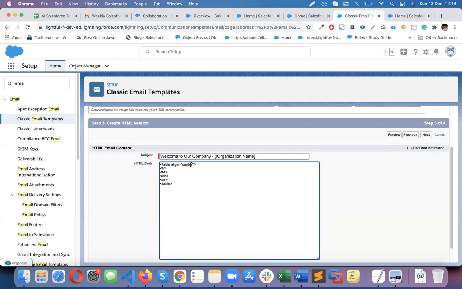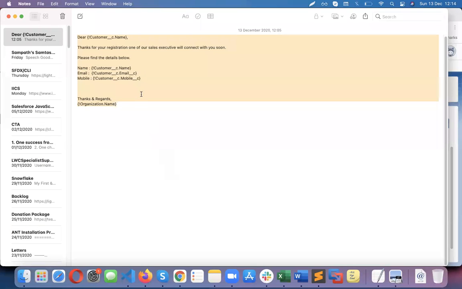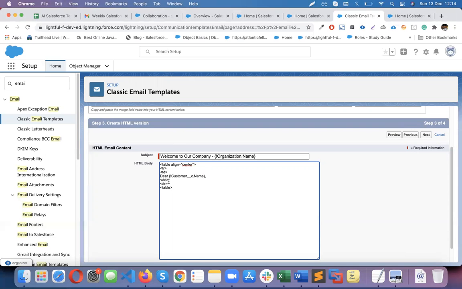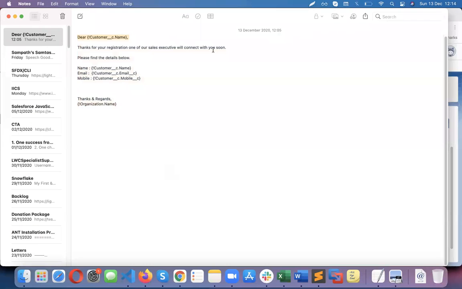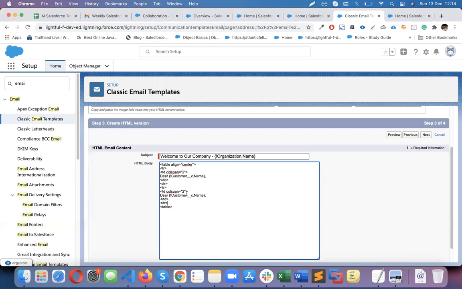Okay, and tr td, inside the td I will put first this row, and here I will say colspan equal to 2. Basically it will merge the 2 columns into 1 column. The same way, another tr. Here I will put this line, and one more tr.